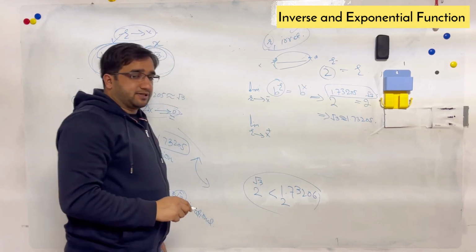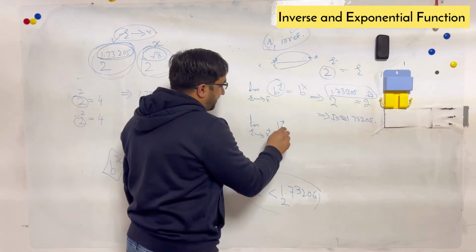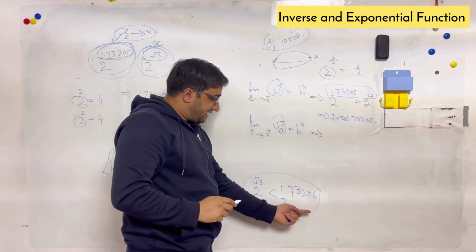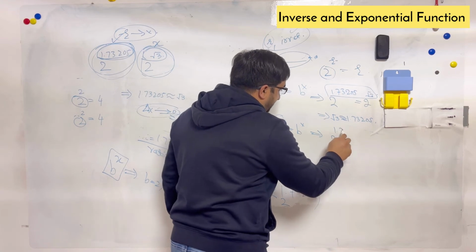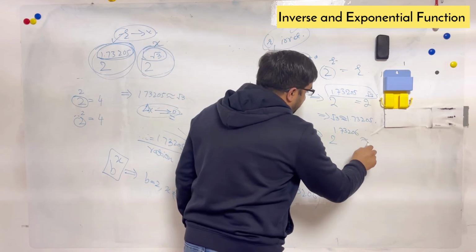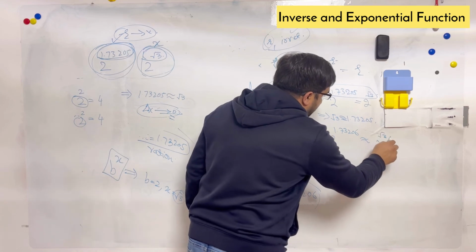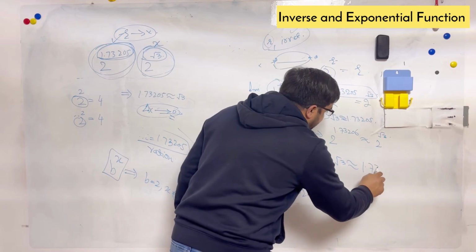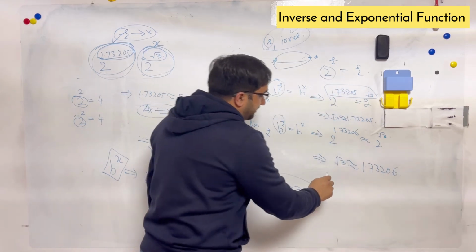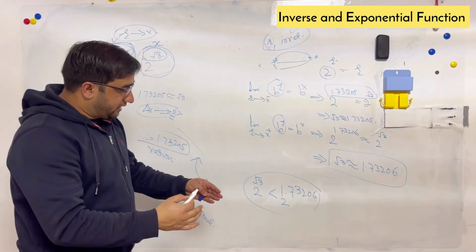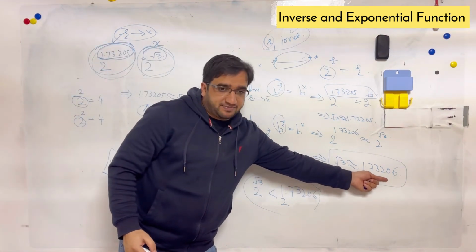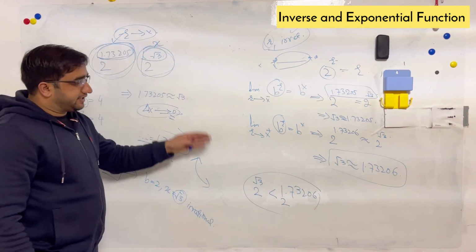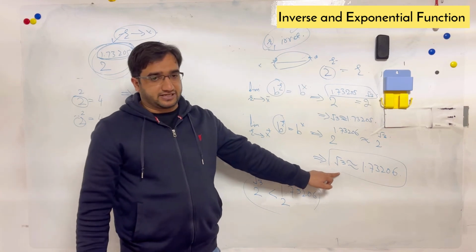And if you come from the right side to the left, then you will say the limit r approaching x from the positive side, b raised to the power r is equal to b raised to the power x. What does that mean? b raised to the power r is the right guy, 2 raised to the power 1.73206 approximately equal to 2 raised to the power root 3. It means root 3 is approximately equal to 1.73206. So the bigger the value you pick, the closer the value of root 3 you will find. So if you go further, you can find a more accurate value for root 3.